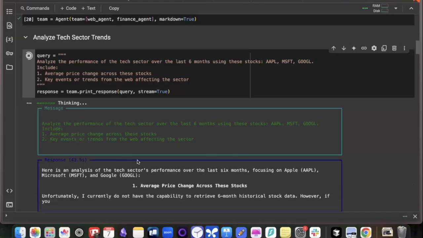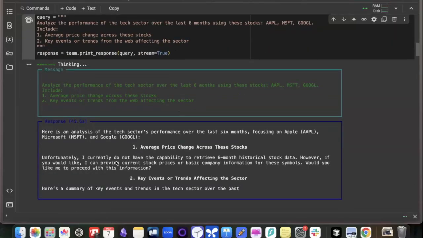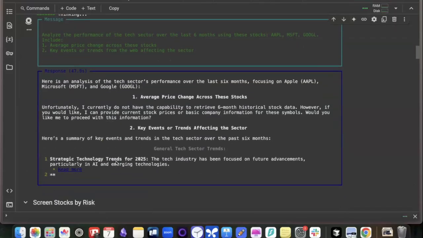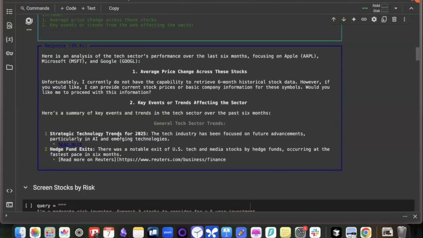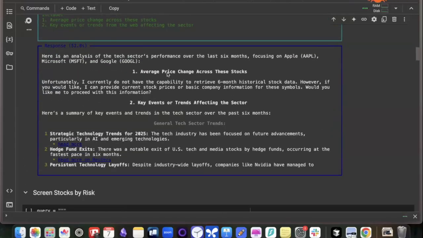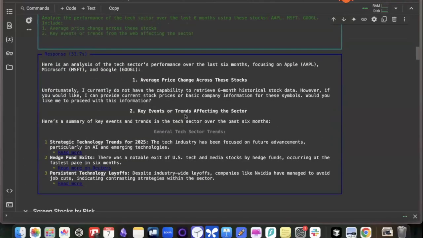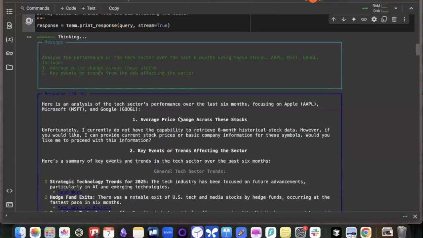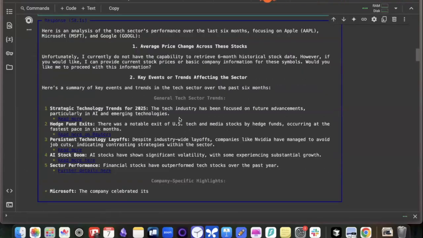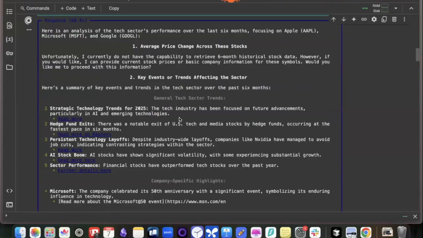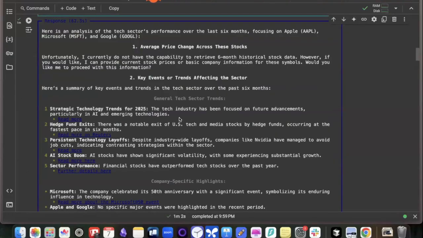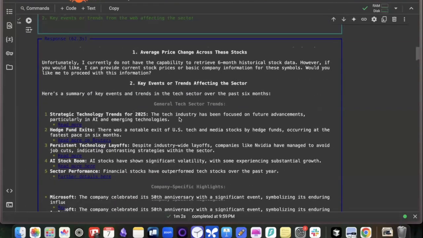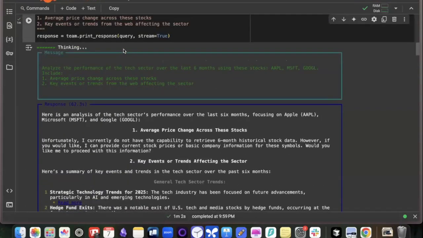So as you can see, there was some issue with the tool, but nonetheless, you can see the analysis it's actually giving. I have given it access to limited tools, so some things might fail. The process of creating agents, the process of creating any generative AI tool, has to be iterative. You create one tool, you see what's lacking, and you keep improving it. But for now, whatever I asked, it has given this analysis.